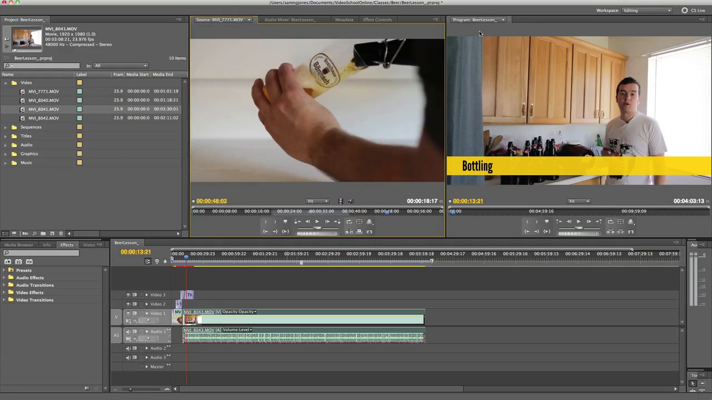Over here on the right, this is I guess your canvas, I would call it. It calls it the program, but I would call it a canvas. And this is where you see whatever's on your timeline. So this is kind of like the final product view. So when you play your timeline,